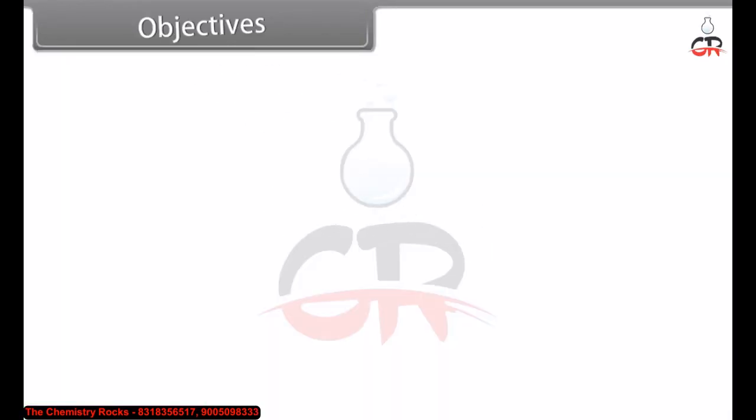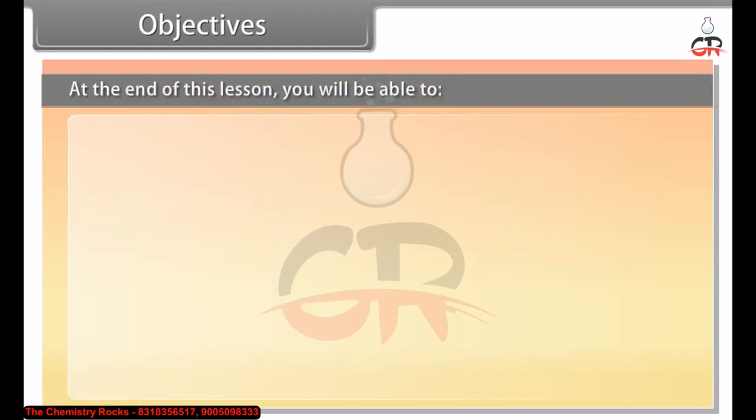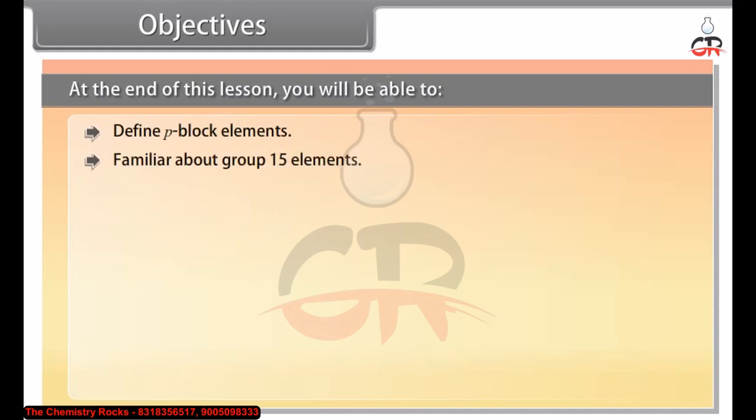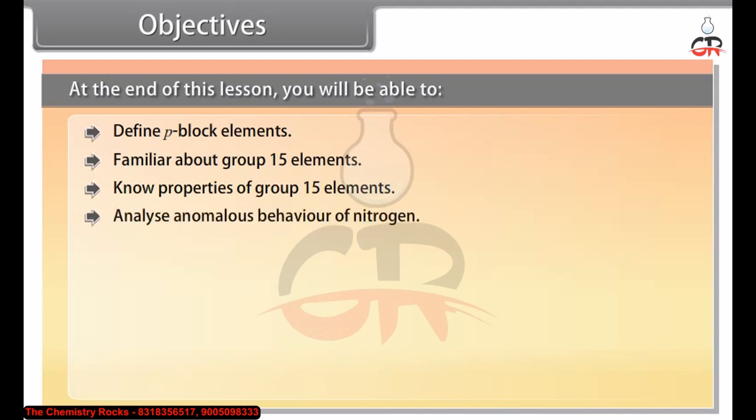Objectives. At the end of this lesson, you will be able to define P block elements, become familiar with group 15 elements, know properties of group 15 elements, analyze anomalous behavior of nitrogen, explain properties and uses of dinitrogen,